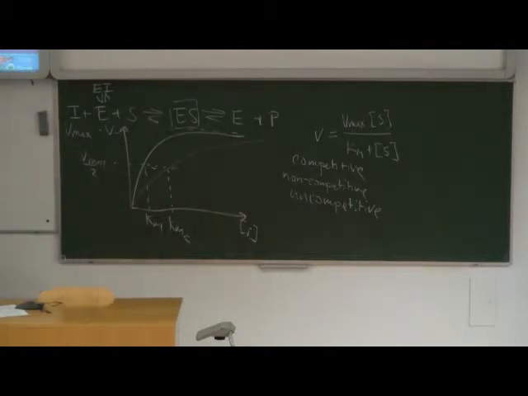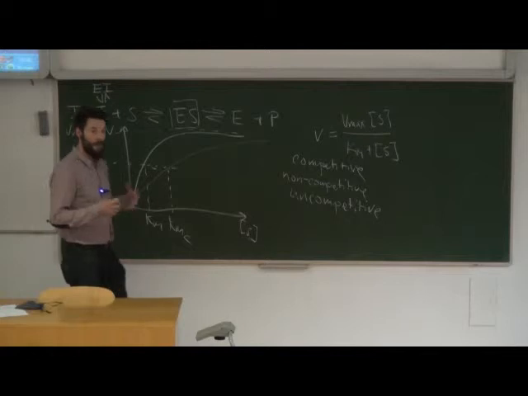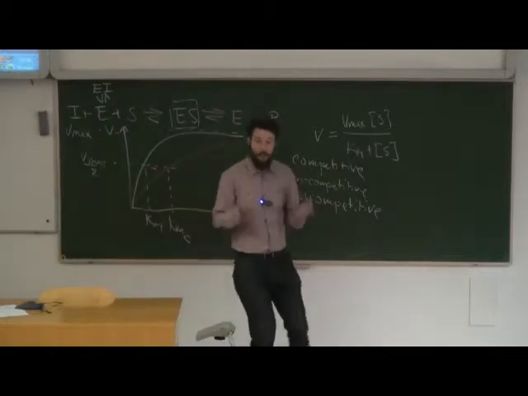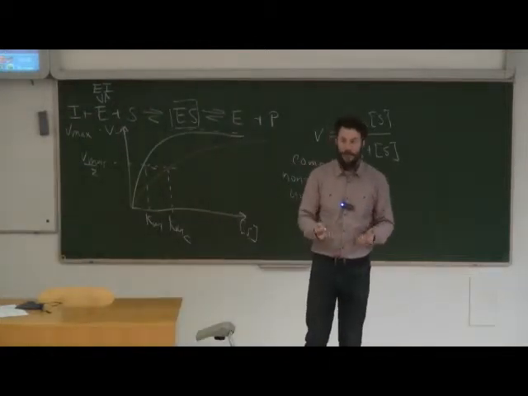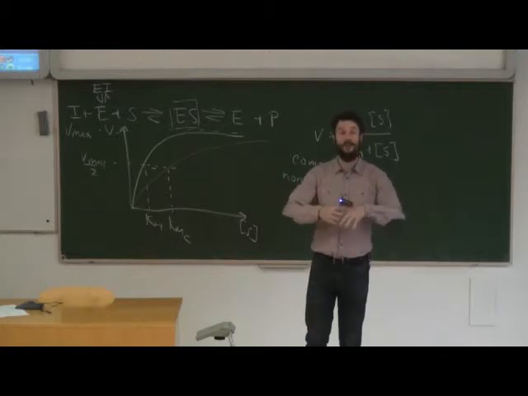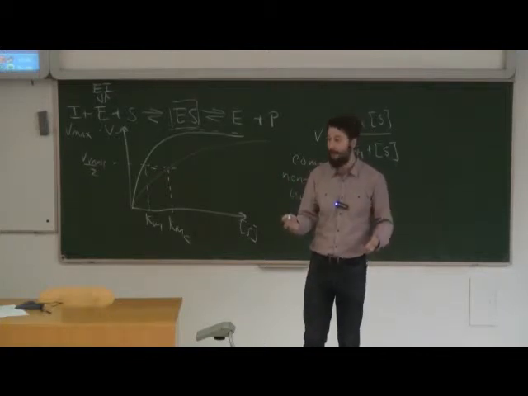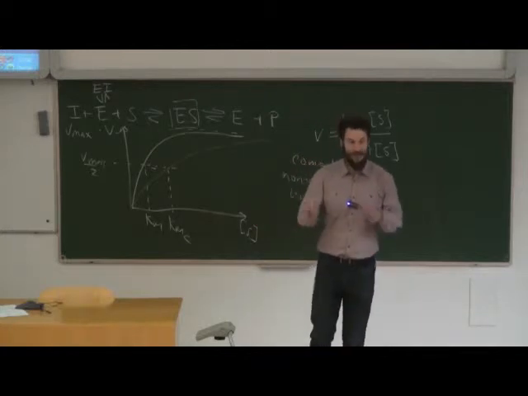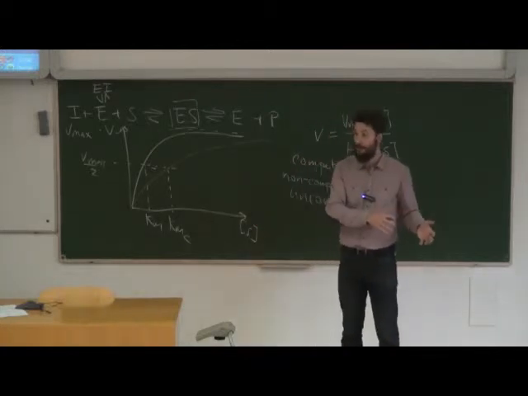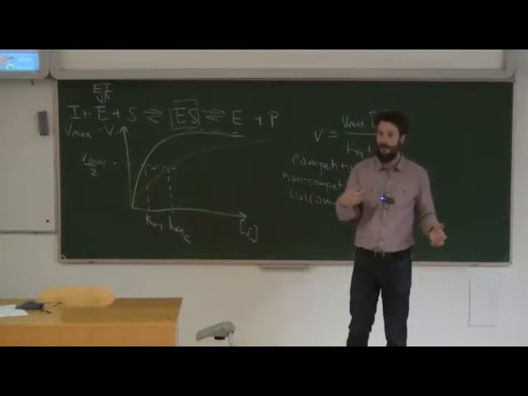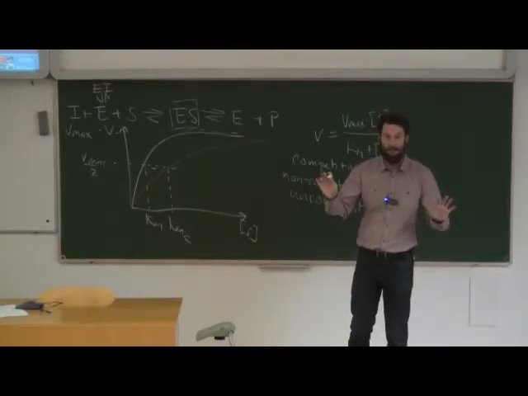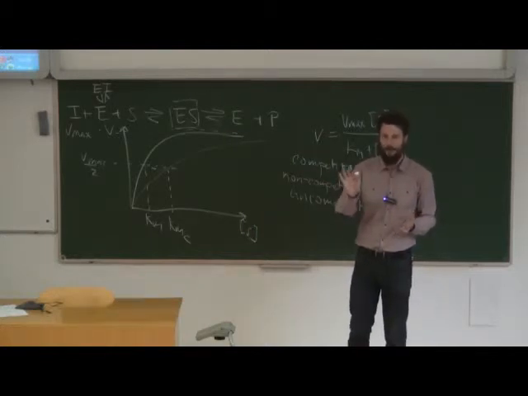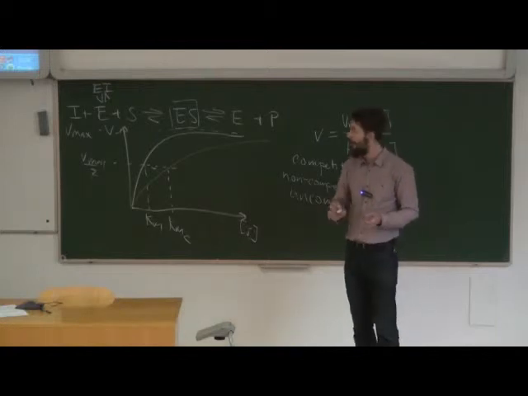Non-competitive inhibition, as the name suggests, means that the inhibitor does not compete with the substrate. The binding of the two is completely independent. So whether a substrate is bound or whether the inhibitor is bound, it does not affect the binding of the other one, unlike in competitive inhibition. So the binding events are completely unrelated. The probabilities are unrelated. That's what non-competitive inhibition is.